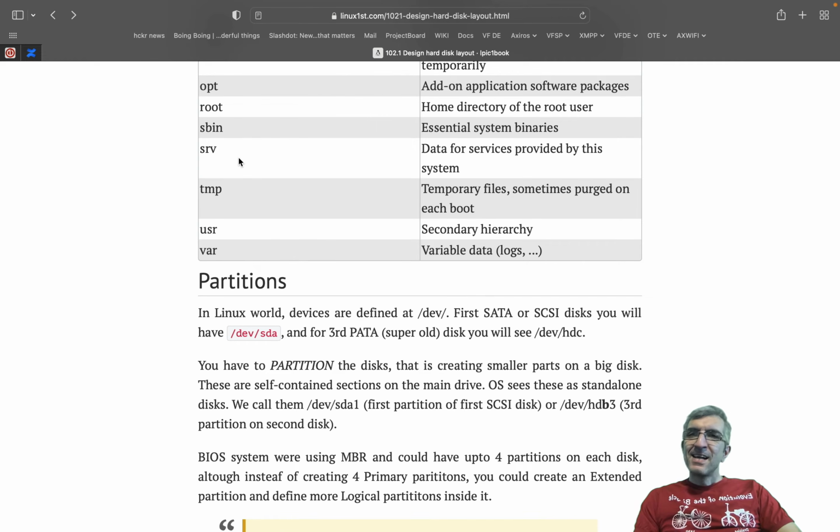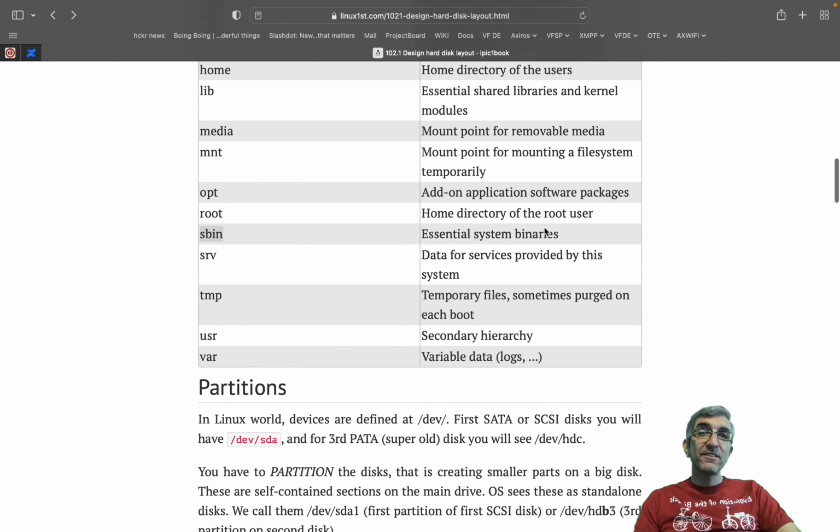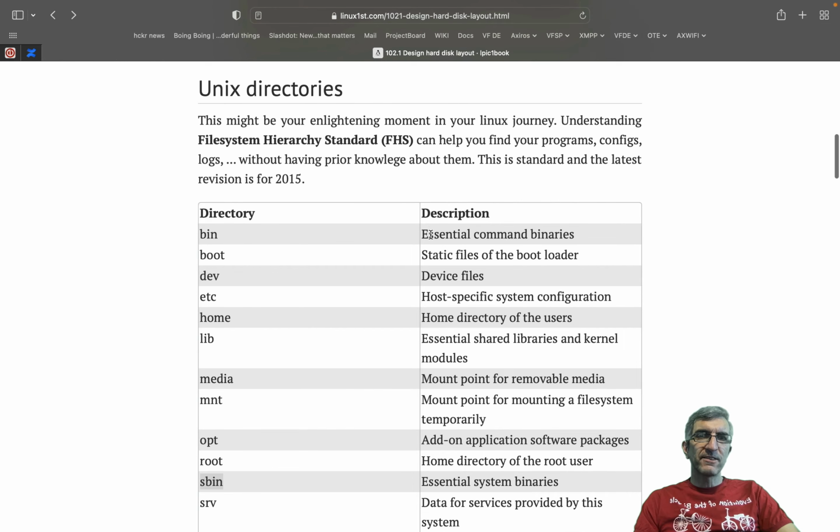We have one directory which is /sbin. This is essential system binaries. The previous one was essential command binaries. On sbin,